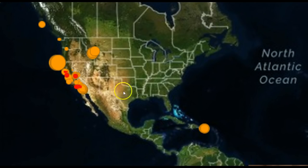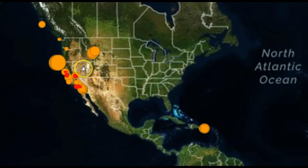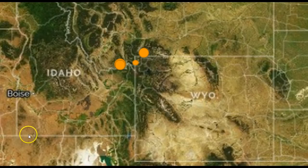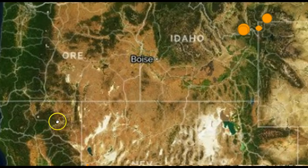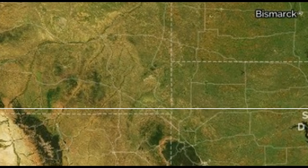We have once again a swarm kicking up in this area. And as you can see, we have a decent quake striking right off the coast of the Oregon-California state line. Shallow, you can see right there, off the coast right there. And you can see here, West Yellowstone. Once again, seeing a swarm